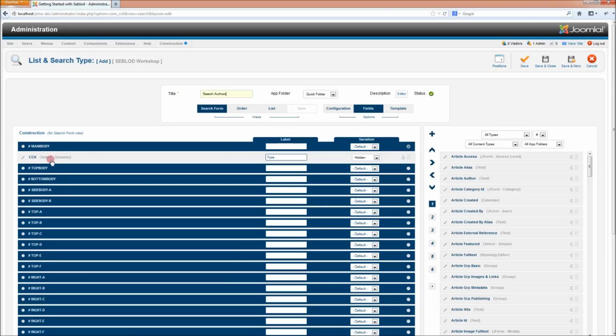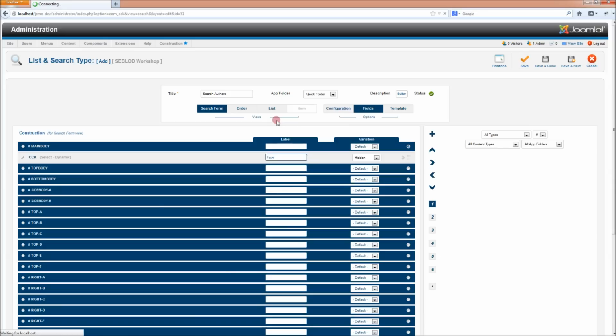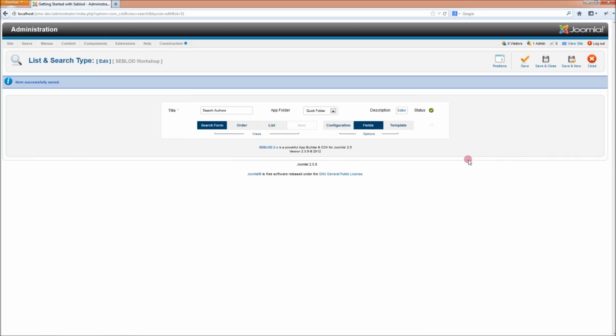and you'll see that Seblod has created this CCK field by default. That's just to associate your search type with your content type, so just leave that one completely alone. It's hidden so it won't be seen in your search form. And once you've entered the title, just click Save,